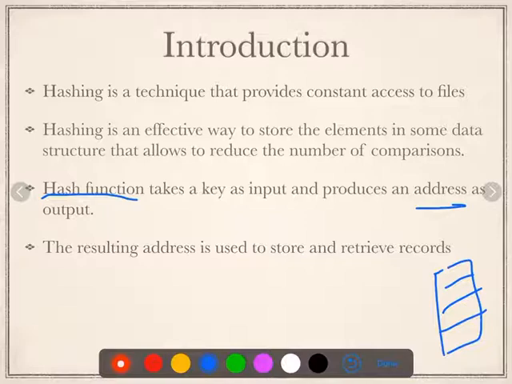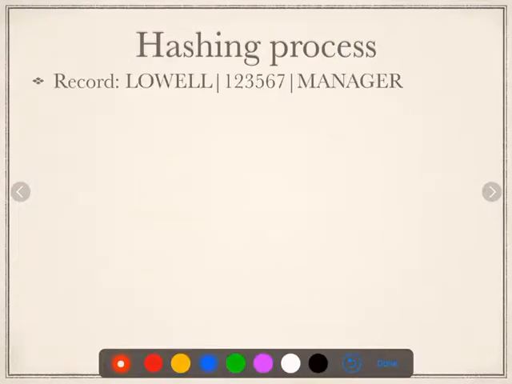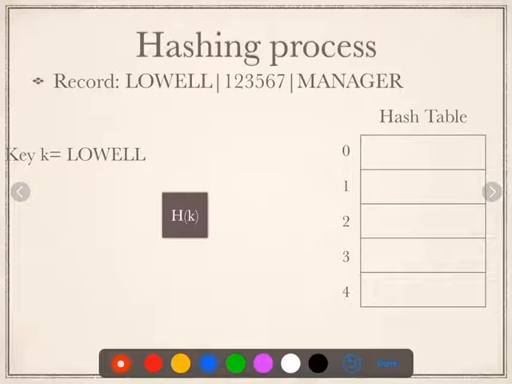So we will see how hashing works, what is the process involved. So let us take a look at the hashing process. Let us say I want to store a record with these three fields: name of a person, an employee, the designation of the person, and also the SSN number. So this is the hash table in which you need to store your data. I am going to be using a hash function for this purpose. You are choosing the name as the key for this particular example. It is not necessary that the name should be taken as the key. You can also use the SSN number for the key, but in this case we are taking the name as the key.